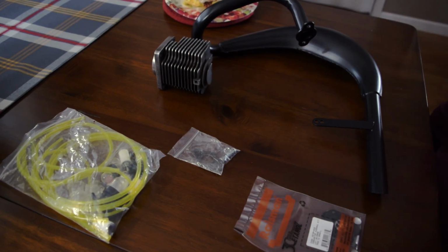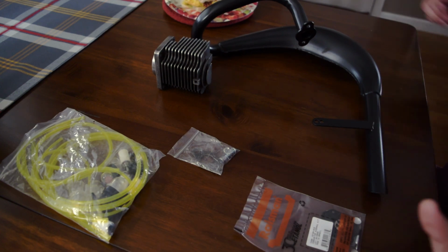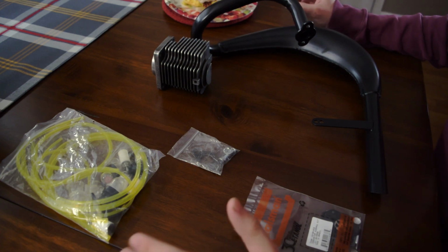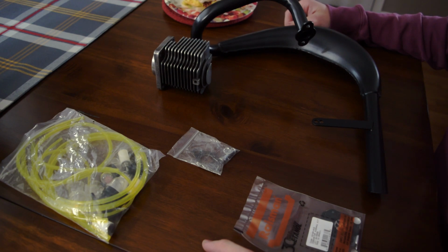So, this video is going to be really quick, just going over the parts that I have bought and the parts that I've got in for the HOMELITE HOTSAW, the XL12 that we're going to be souping up. So, the first thing here,